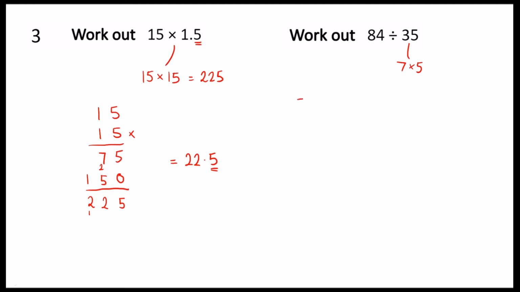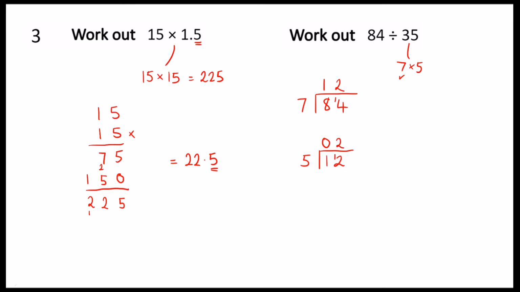So let's start off by dividing 84 by 7. Got our bus stop. We do 8 divided by 7, which is 1, remainder 1, and then next we do 14 divided by 7, which is 2, meaning my answer so far is 12. I then want to divide my new answer, which is 12, by this remaining 5, so I'm going to put a 5 on the outside and have my bus stop again and put 12 on the inside. Again, 1 divided by 5 this time would be 0, remainder 1, and 12 divided by 5 would give me